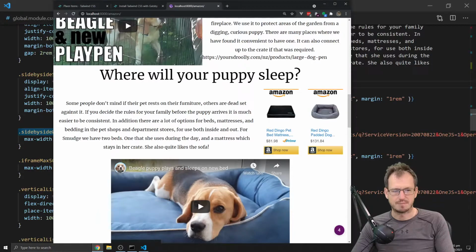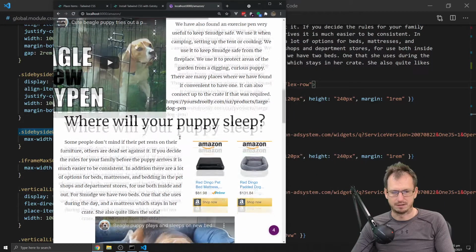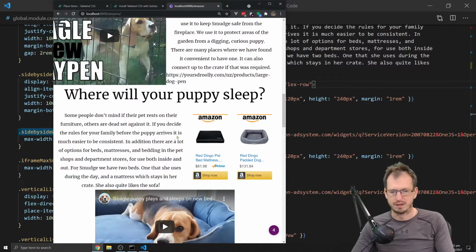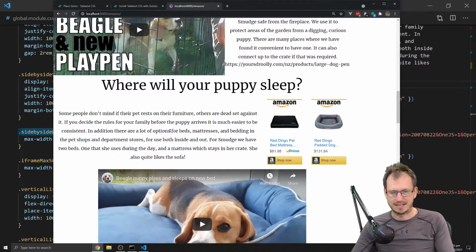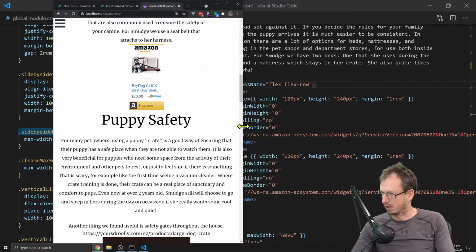Right, so we've got them side by side here, and that looks a bit better. It's all a bit cramped, but that looks better than having that dead space for sure. And then when we come back into a mobile screen,